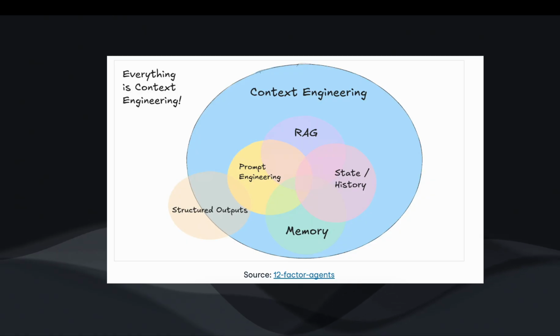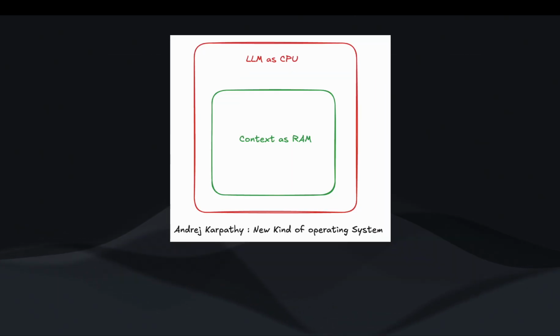Not only that, you can generate a structured output from an agent node which can be used by subsequent agent nodes for performing the optimal task. And we also integrate memory, which can be long-term or short-term, into the agent. All these concepts that we have been using so far, as a whole, are what we call context engineering. This actually got famous with a definition coming from Andrej Karpathy,